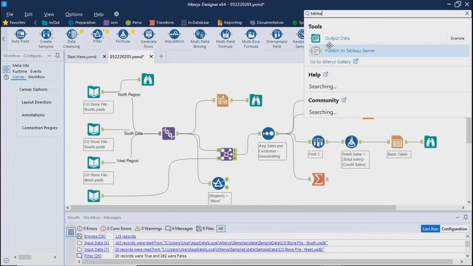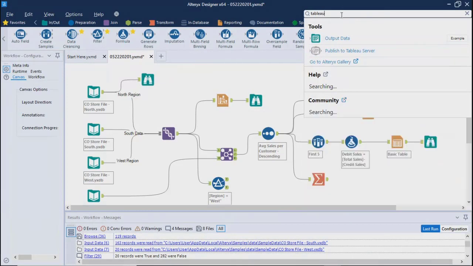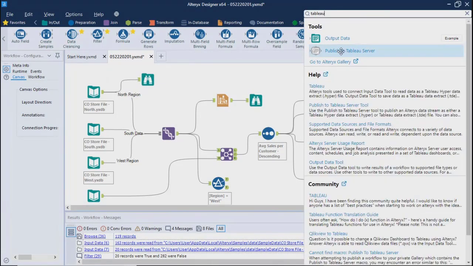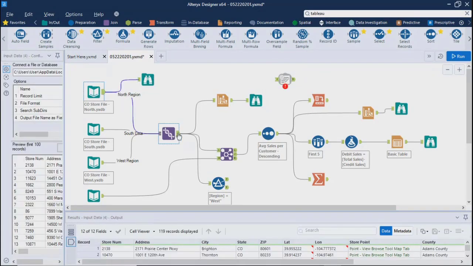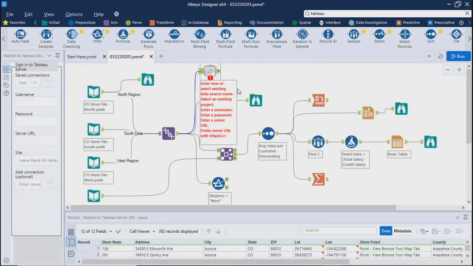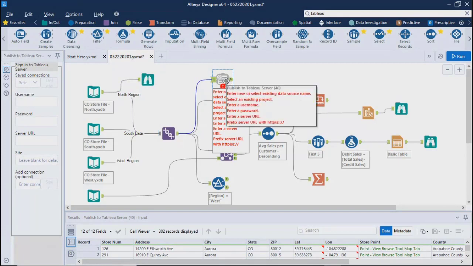Yeah, output data, Tableau add-in, published through Tableau server. Okay, this was the component. So let's say after this particular control, or maybe after union, if I join this, this will publish my data directly to Tableau servers.